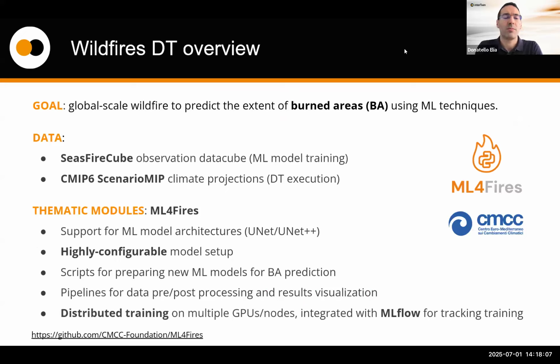The second digital twin application aims to predict the extent of burnt area at a global scale. In this case, we are using the Copernicus Earth observation data for the training of the model. This also includes some weather forecast data, and also in this case we implemented a thematic module, which is the